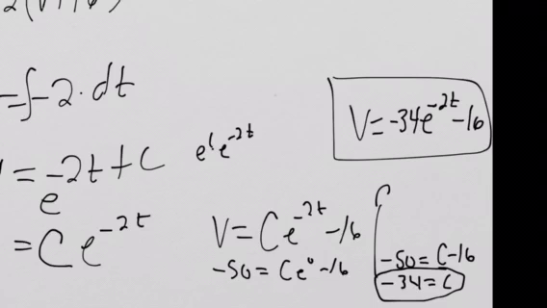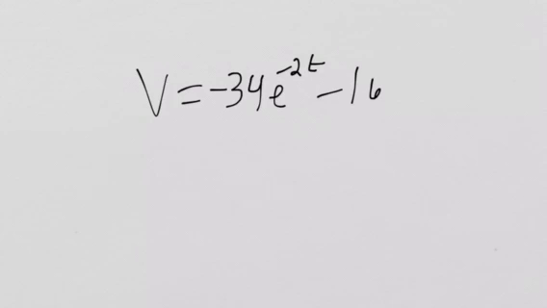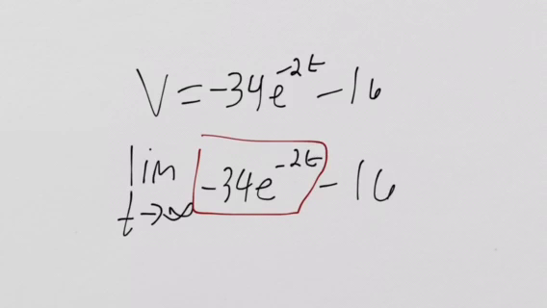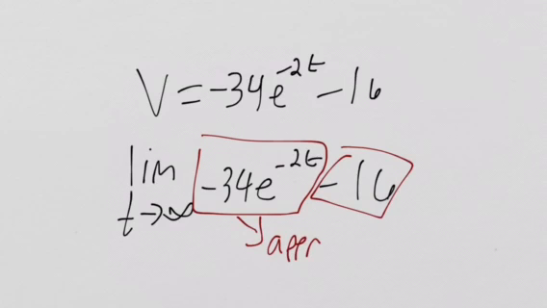So that's part A. So now it wants us to take a limit as t approaches infinity of -34 e to the -2t minus 16. So we can split this up into its two pieces. We have that piece and we have this piece. This piece is going to approach 0 when t goes to infinity,